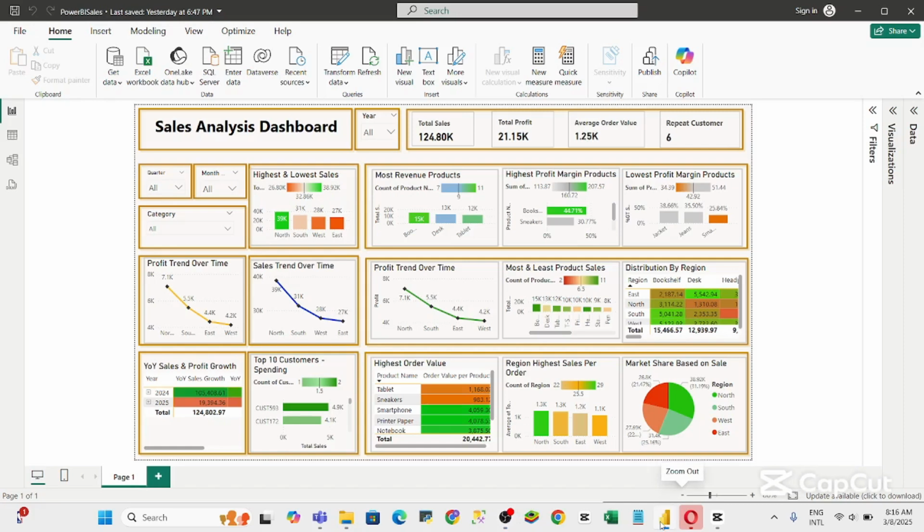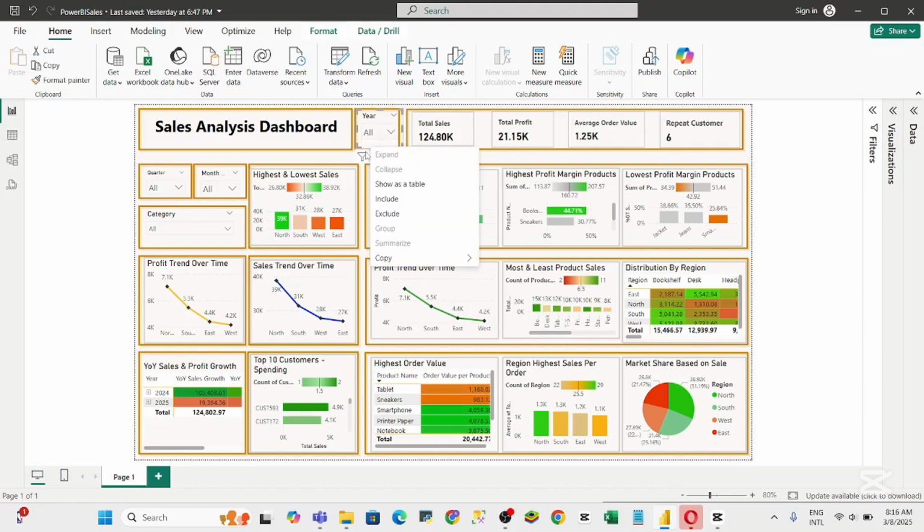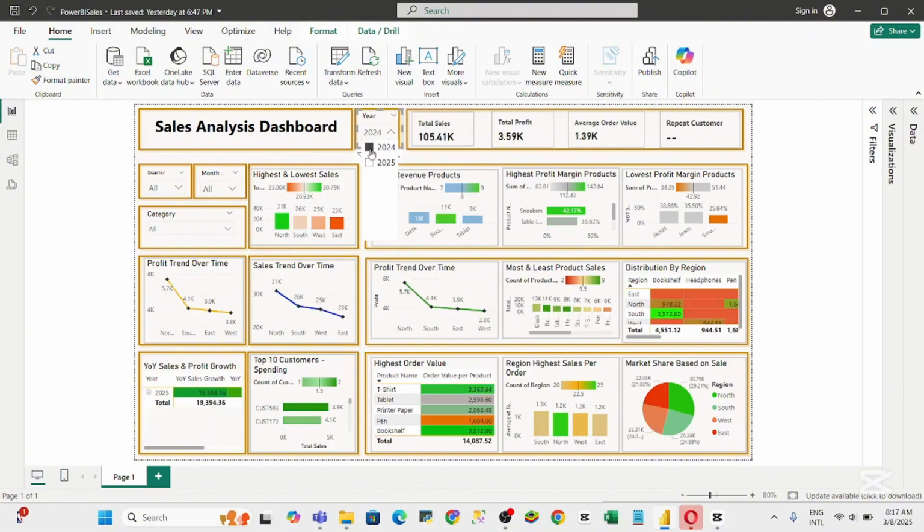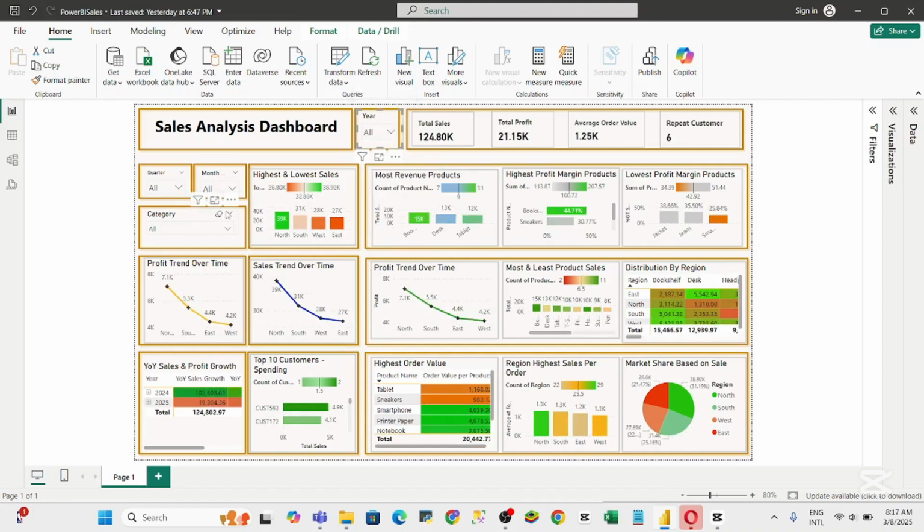Welcome back. I want to help you create this dashboard. This is our final dashboard and it is very responsive. If you see here, if I click 2024, sorry, they change. See, if maybe you want to see a specific category,